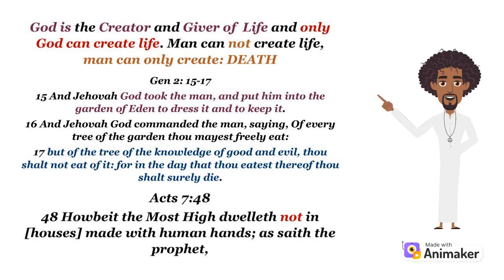Of every tree of the garden you may freely eat. But the tree of the knowledge of good and evil, you shall not eat of it. For on the day that you eat from the tree, you will surely die. Genesis 2nd chapter and the 6th verse explains why. It reads,